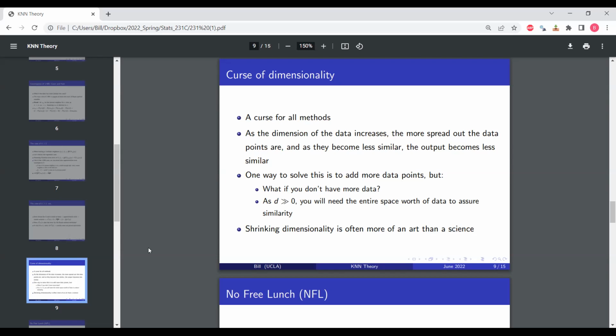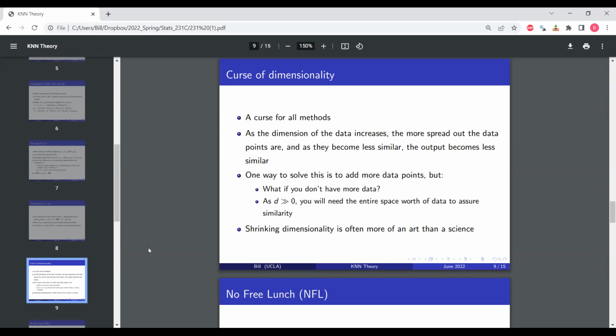So one way to solve this is to just add more data points. But there are two main problems with that. The first one is, in reality, we often only have a limited amount of data. And as Olsen says, if we have data for everything, we don't need statistics anymore. Another issue is that as the dimension of the data increases a lot, we will need a lot more data points to quote unquote guarantee similarity in the space. So for example, if we're looking at only a 2D number line, the amount of data that we need to ensure a similar amount of sparsity or similarity between the data points when we expand it into, for example, a 3D space would be twice the amount, instead of